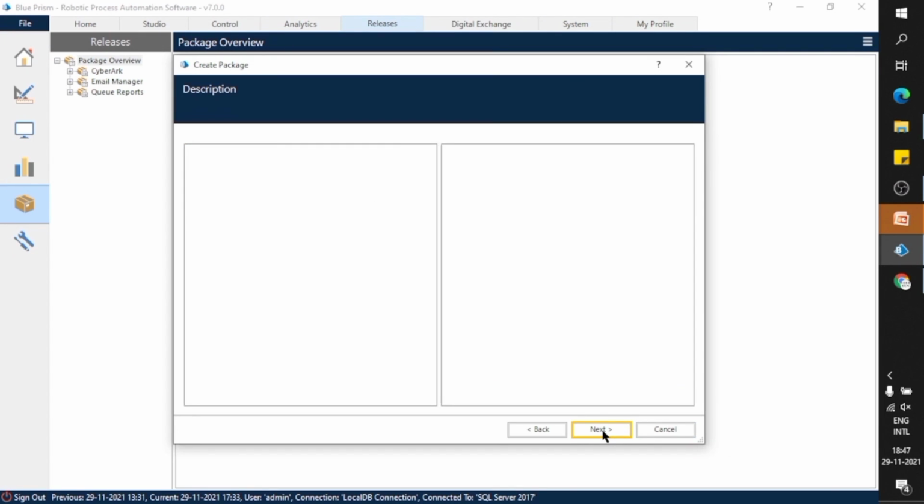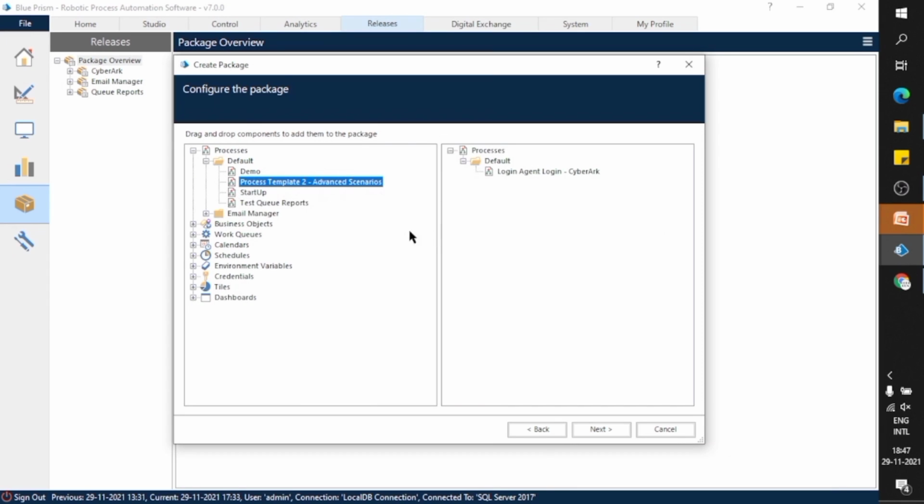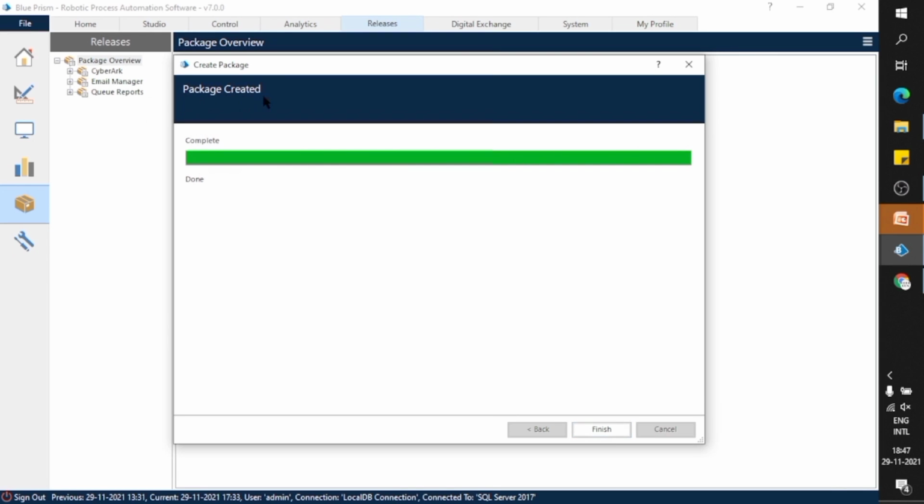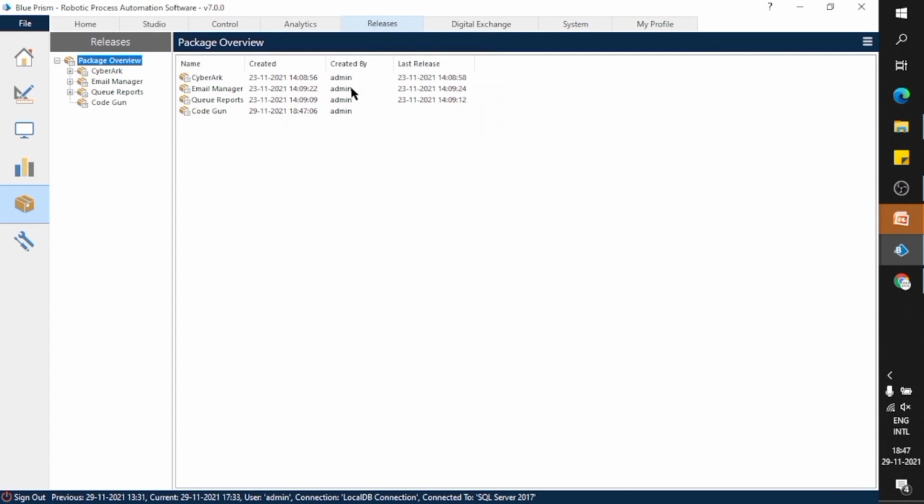Here you can select all the components you want to export in your package. Let's drag and drop a process, object, credential, environment variable, whatever you want to include in the package. Click next and finish. So our package has been created, release has been created.